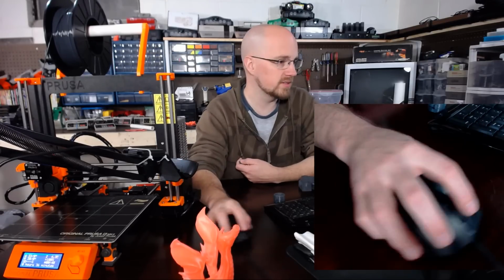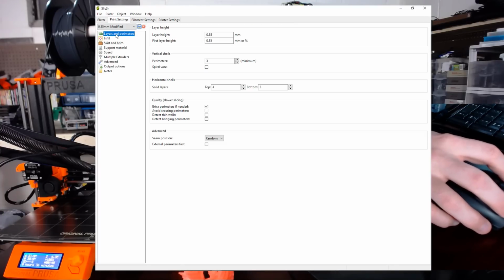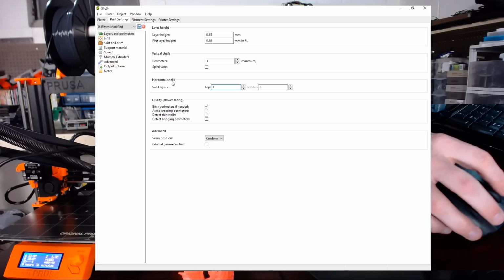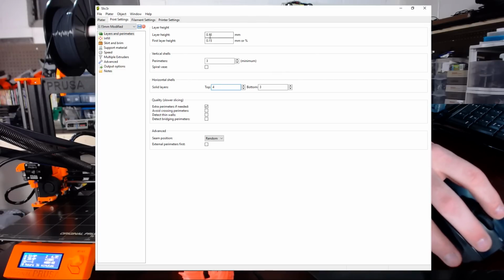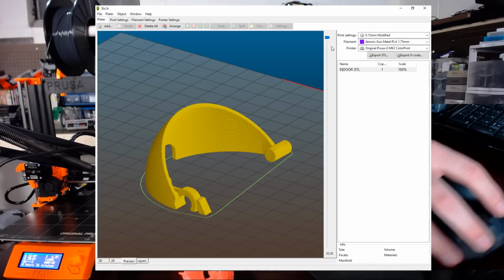I think the setting is the same in here. I guess we can double check together. Oh, we had 4, so yeah, I don't know why we had gaps. And that was at a relatively low layer height. Not super tiny, but